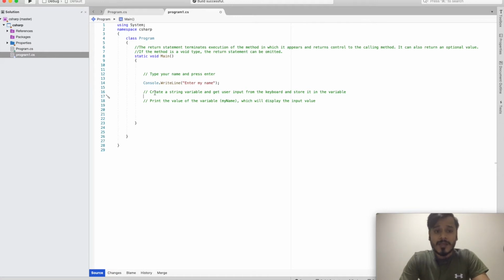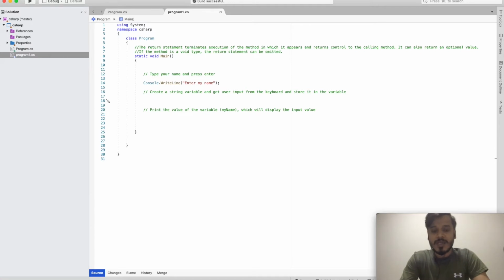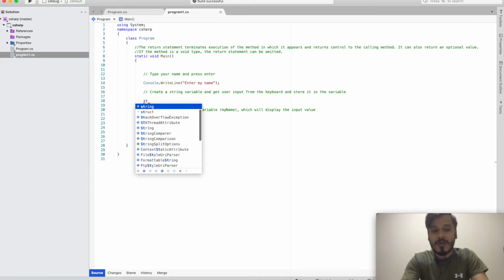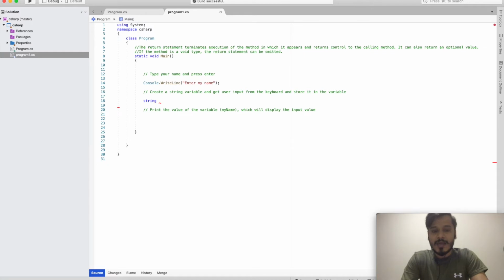Then in the next step we are just going to keep the input, which we are going to take from the keyboard, in one variable, and store it as a string. Since it will be a string, the type of the variable will be string, and the variable name I will just take as myName.